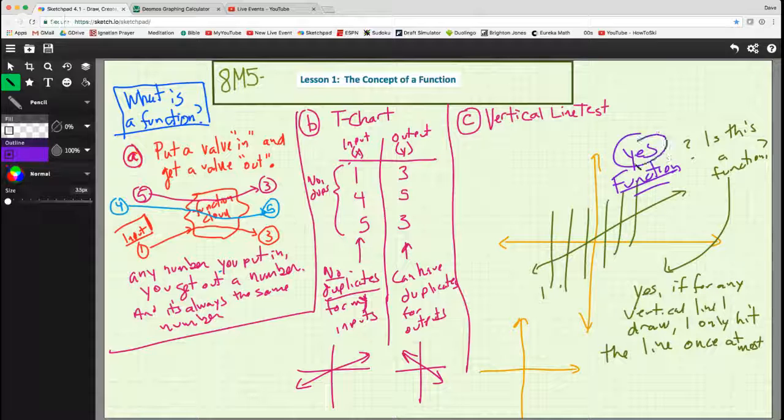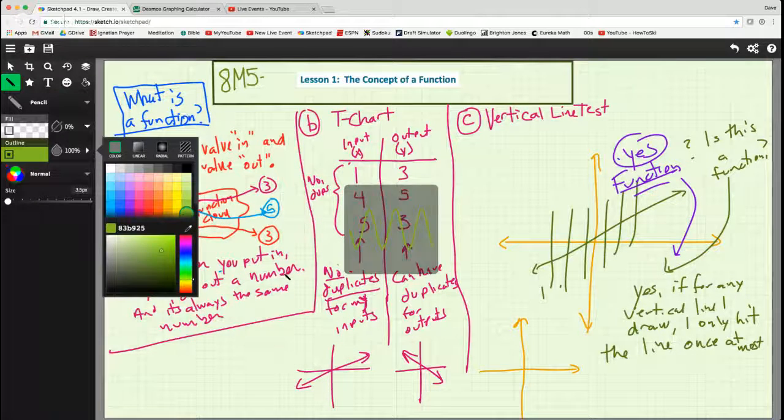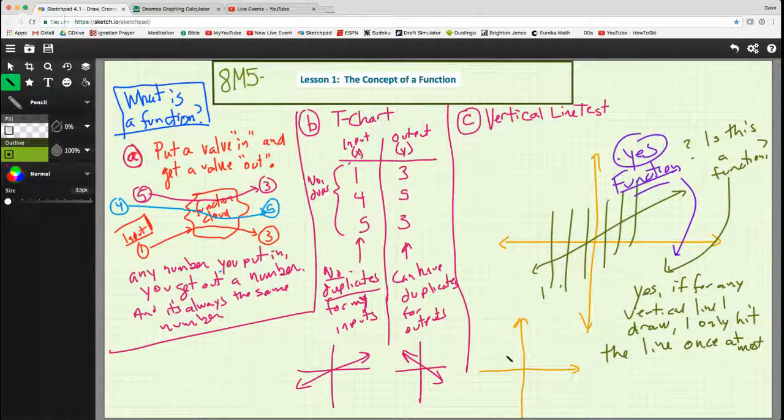Yes, this is a function. This one here, which I'm about to draw, will not be a function because watch. If I go like this and then I come back, this is not a function